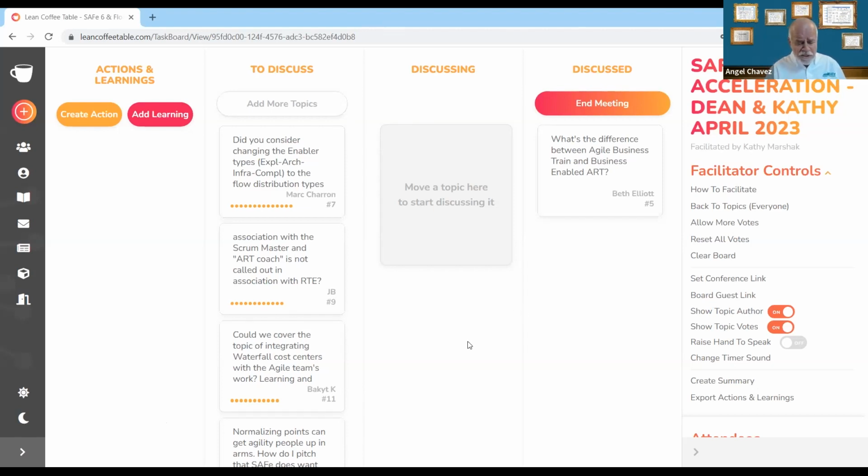Normalizing points is just a starting point, right? The challenge we have with no form of discussion about what a point means is you can't get an ART started. You get teams together and say, what are you going to do in this period? In addition, when you get to the question of, okay, we run this velocity, but we have 2 people on vacation and 1 person in a meeting and 2 people teaching, you end up having to back out days anyway.